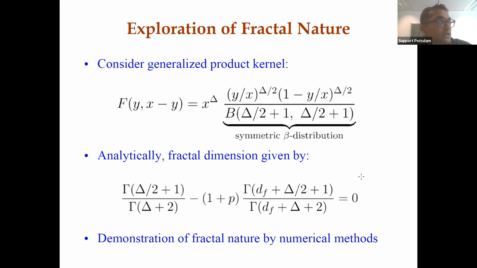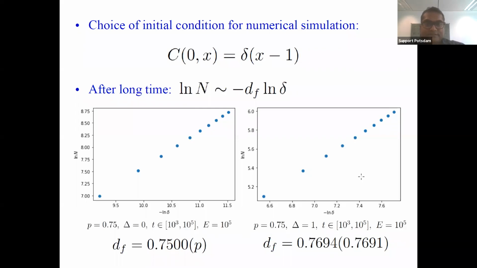We used the Python programming language for this. Two of us used Python and a third one used probably C++, and we independently checked our results. So to do the numerical simulations, let's choose the initial condition that at the beginning we have a segment of length 1, right? So we have a delta function, and after a long time you expect the number of